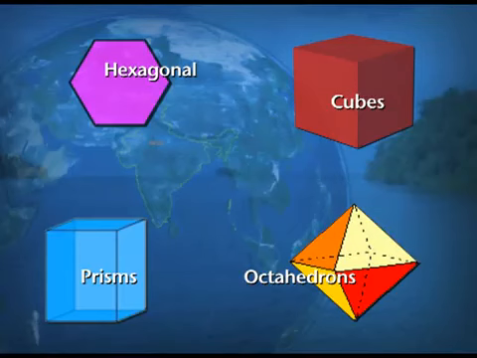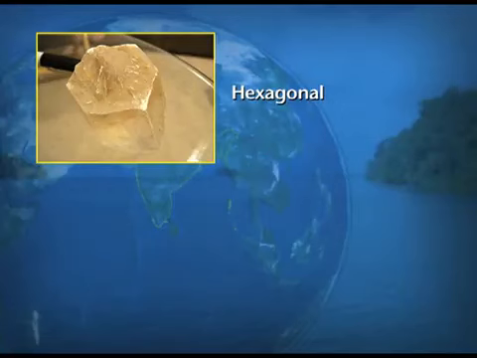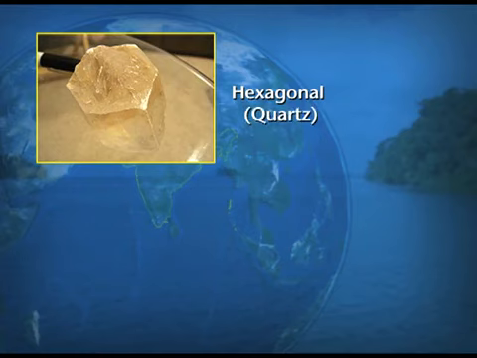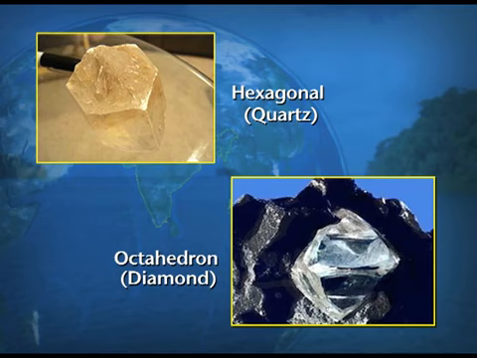And if you just look at the screen, you can see these shapes, how the cubes look, how the octahedron looks, and the hexagonal shape and the prism. I can give you 2 pictures. You can look at your screens and see the hexagonal shape and the quartz, the main mineral which is found in this shape. Hexagonal shape is the one which has 6 sides, as compared to the octahedron. You can look at the screens and see the diamond, which is an octahedron, which has 8 sides.